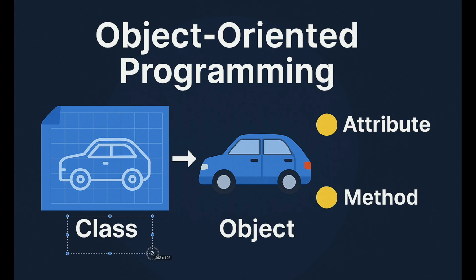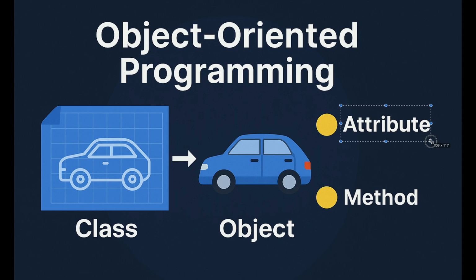Basically, when you have a blueprint, you can create multiple objects, and an object will have some sort of properties. In this case, if it is a car, then it will have some sort of properties. Here we are calling them attributes. So, what could be the attributes for a car? It could be the color, the model number of the car, or the year in which it was built, or the engine that it has.